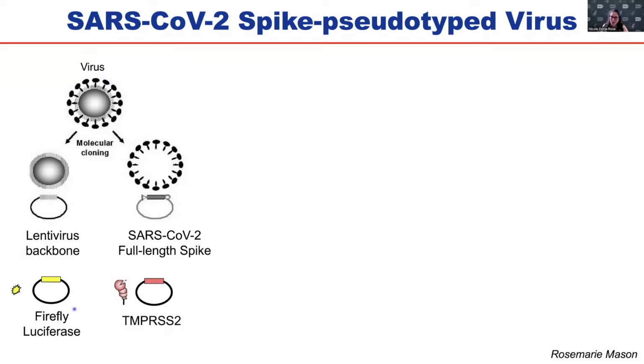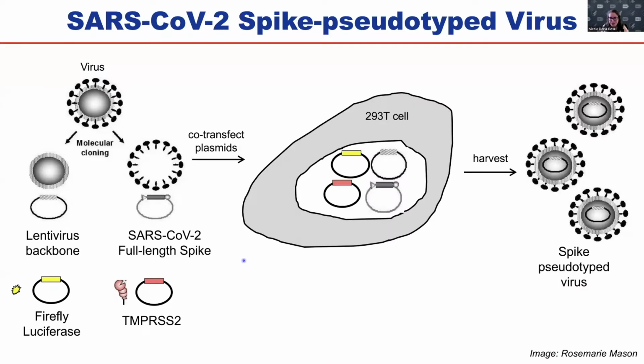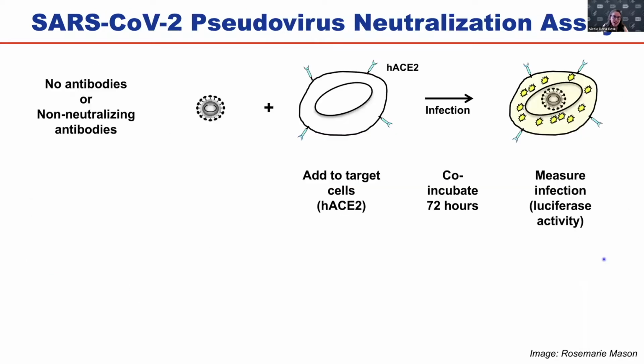And so we can use this to track whether cells are infected or not. So you take these 4 genes on plasmids, you co-transfect them into 293 T cells, and you get out what we call the spike pseudotyped virus or pseudovirions. So then you take these